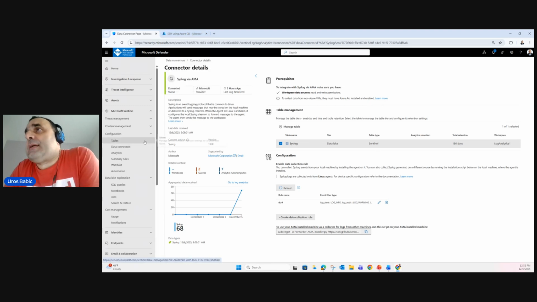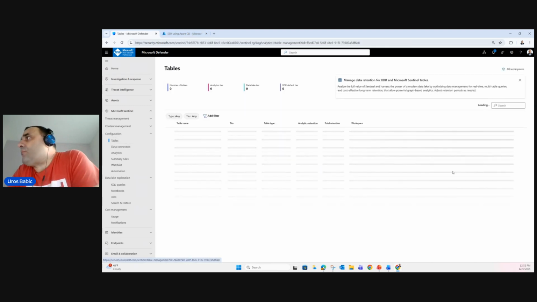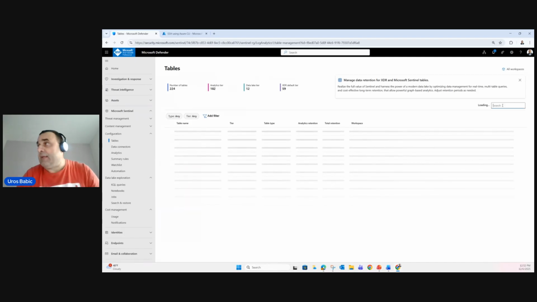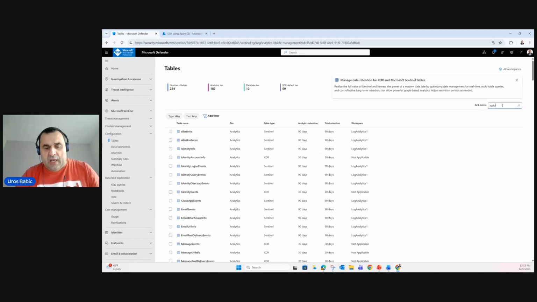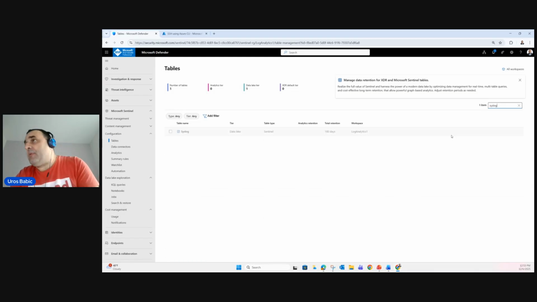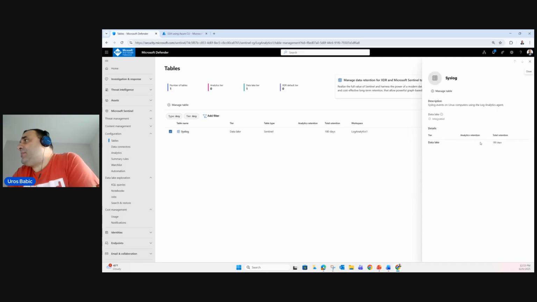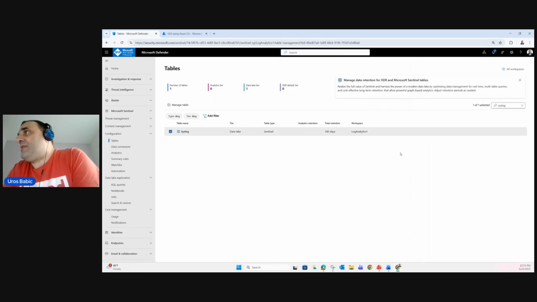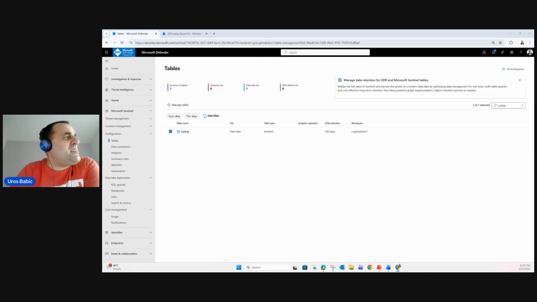And when I go back in the configuration table and find my specific table for syslog, I can continue with my work with the table, integrate this data lake for my specific table, and manage data retention for XDR and Microsoft Sentinel tables in a very, very easy way. That is actually one good case of how we understand the whole process with table management, but table management under data management